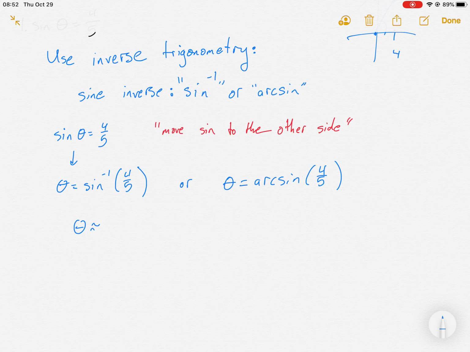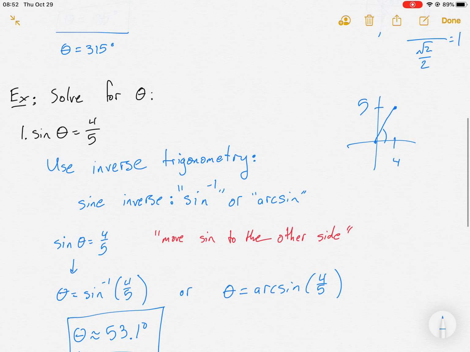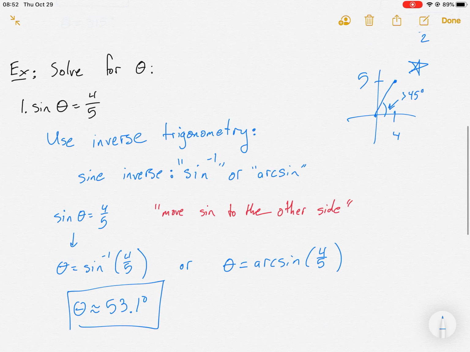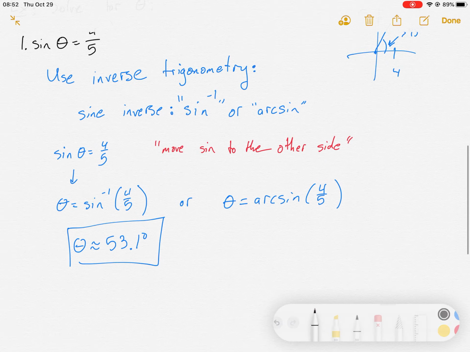So theta is approximately 53.1 degrees, which kind of makes sense based on my picture up here. That looks like an angle that's larger than 45 degrees, but maybe not quite 60. So that kind of makes sense. About 53 degrees seems right. Let's see another example